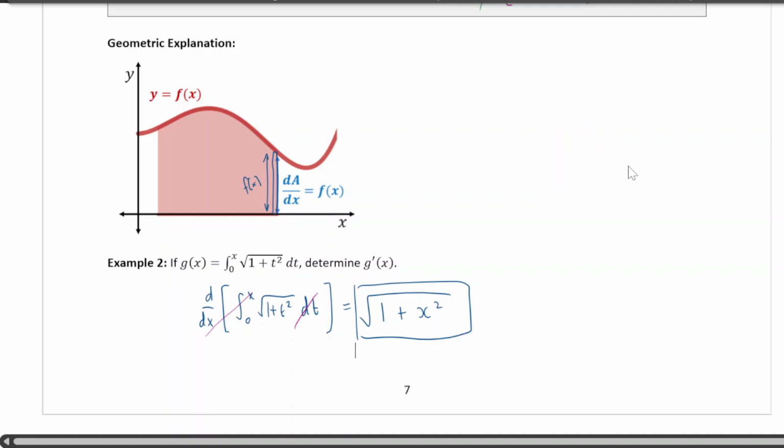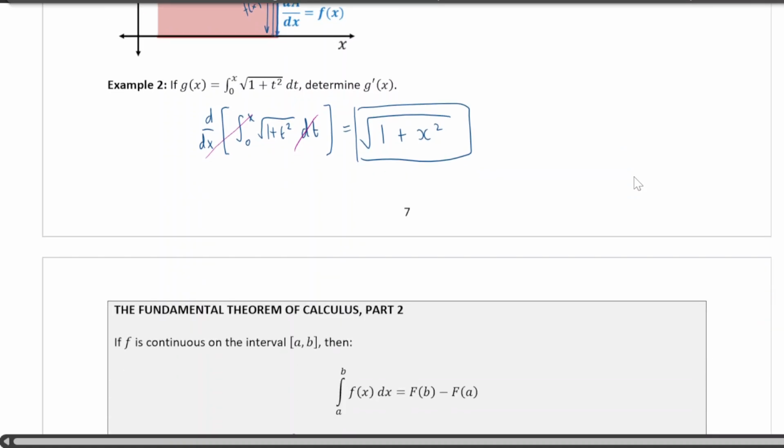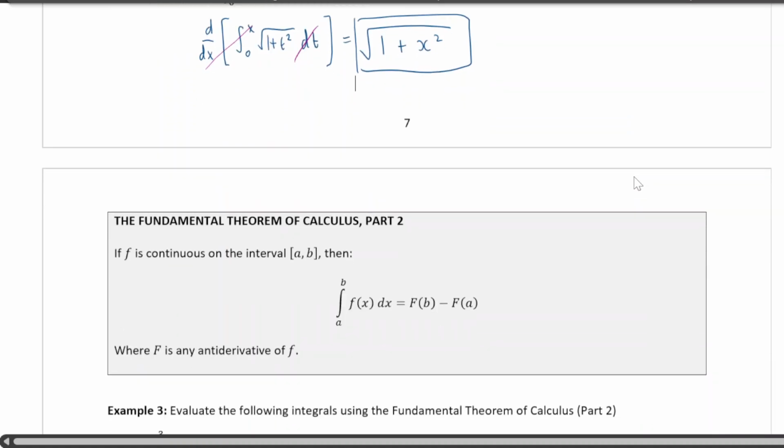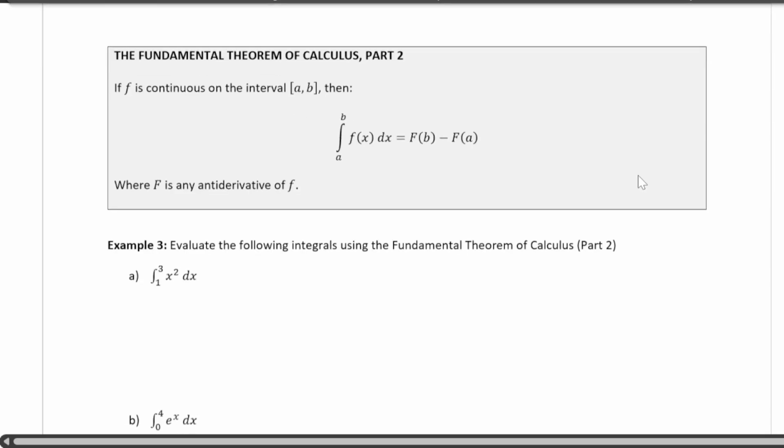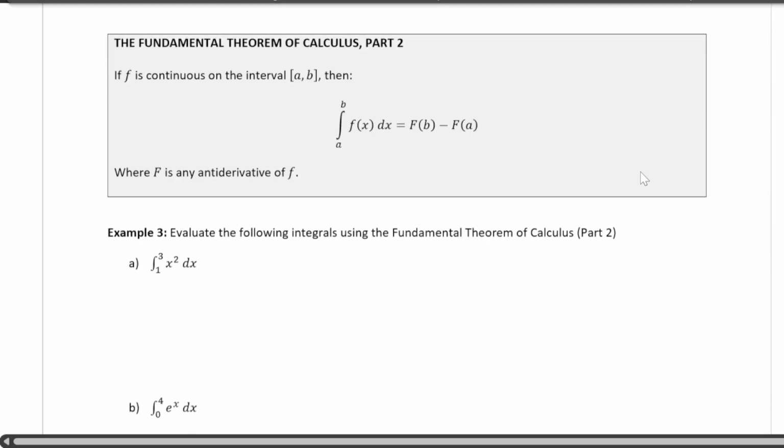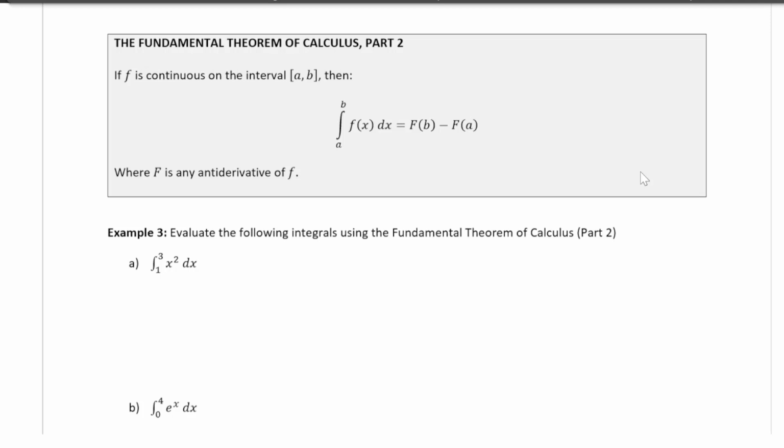Part 2 is much more useful. You can prove this, but I'm going to skip the proof today. If you want to see the proof, I'm sure you can Google some videos for it. Essentially, part 2 is derived from working with part 1. If you have an integral to calculate, because you want to do the opposite of the derivative, you take the antiderivative of whatever the function is. So the opposite of the derivative,